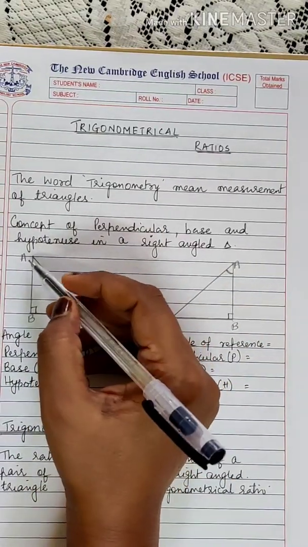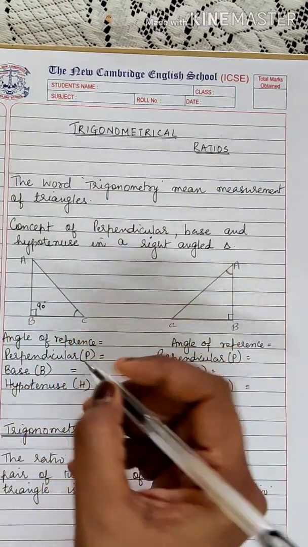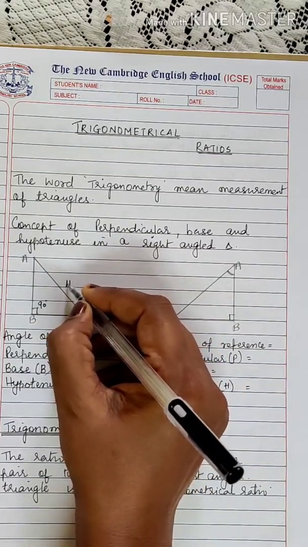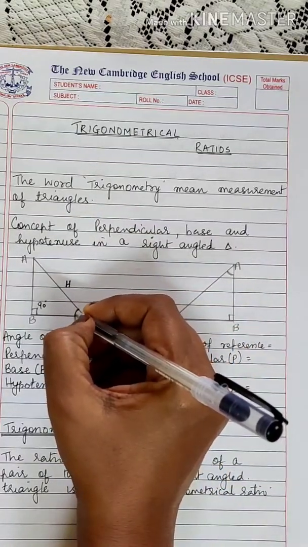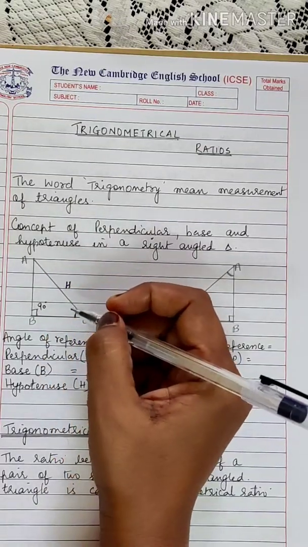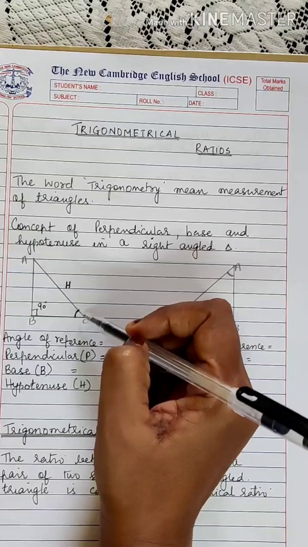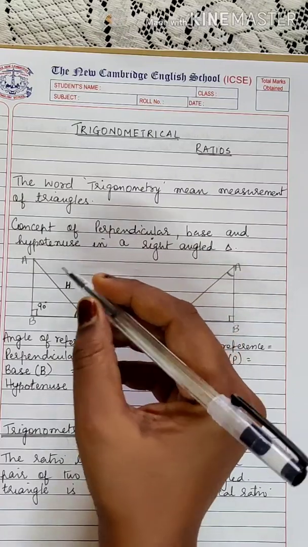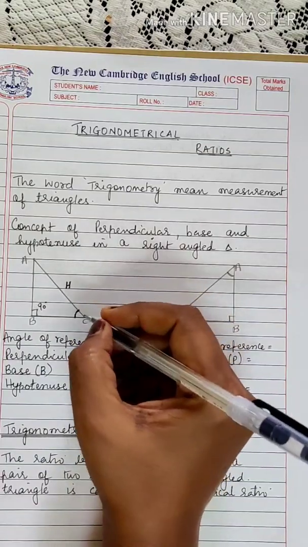Now observe this, in this triangle ABC, angle B is 90 degree and you know the side opposite to 90 degree is hypotenuse, correct? And in this figure I have marked this angle C. This is one of the acute angles. There are two acute angles in a right angle triangle. In this right angle triangle ABC, angle C and angle A are the two acute angles. So in this case, first I will take this angle C as the angle of reference.